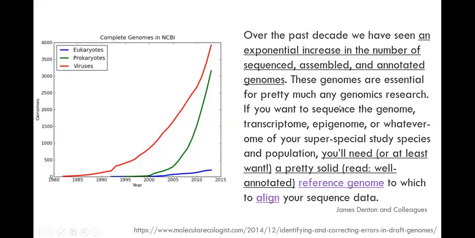These genomes are essential for pretty much any genomics research. We are talking about omics research, right? You talk about an individual gene, an individual polypeptide. When you talk about individual genomes, you go into genomics. If you don't have genes and genomes to study, there is no genomic study, no genomic data, no tools, and no need for a database. The first raw material is genes or genomes.